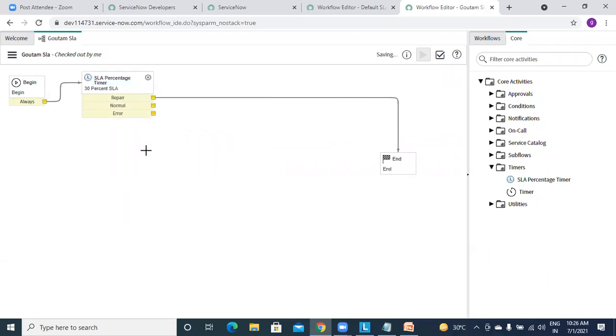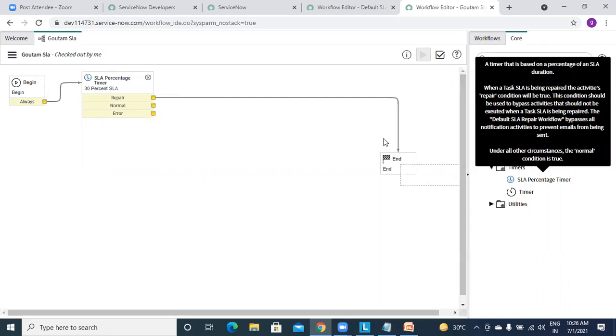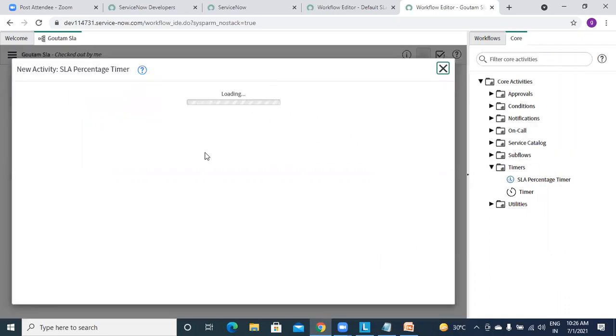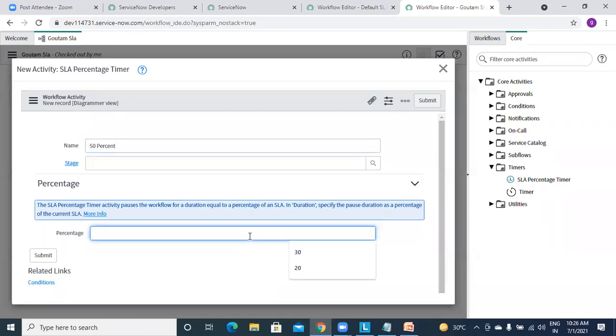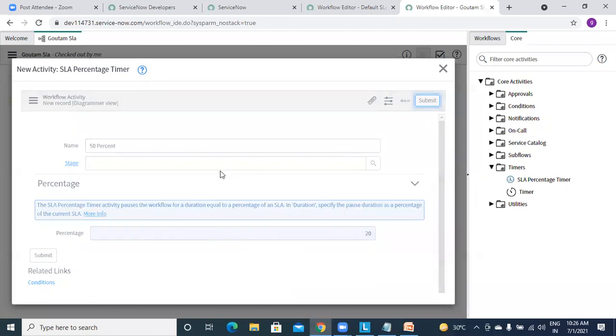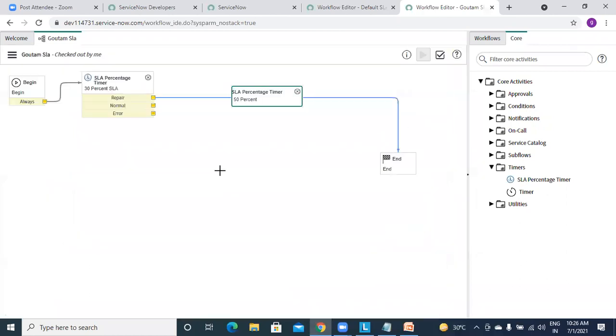Okay, I will check that also. So without drag and drop again and again, we can just copy that and modify it.